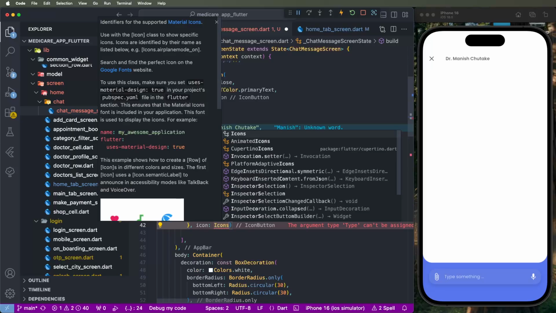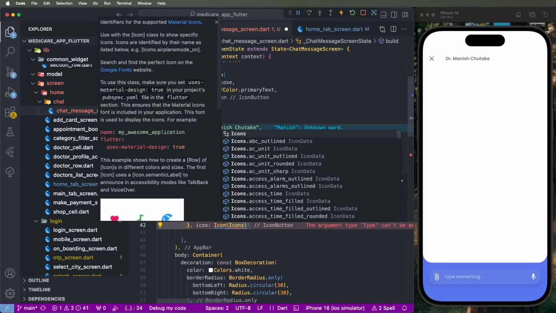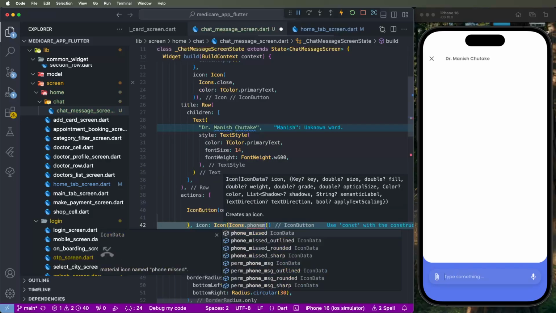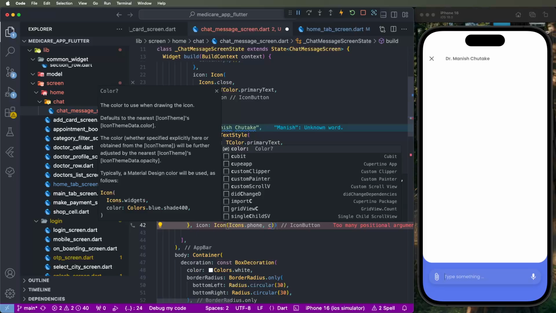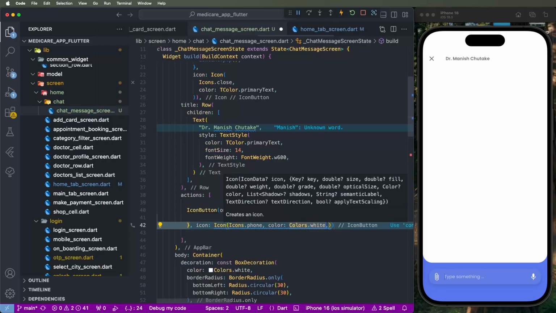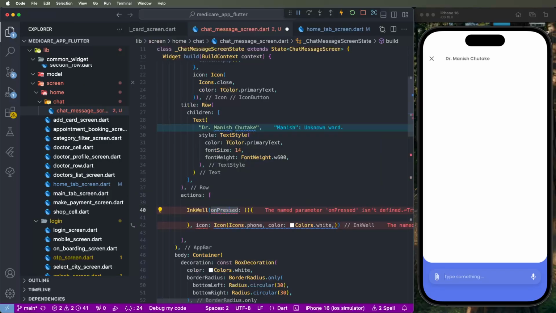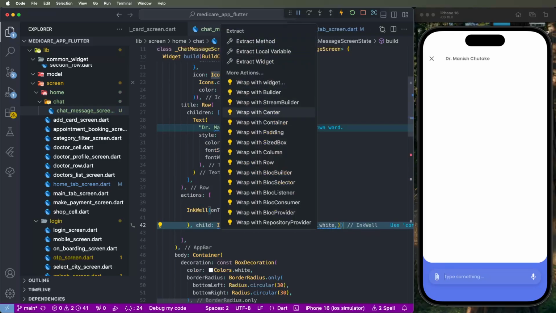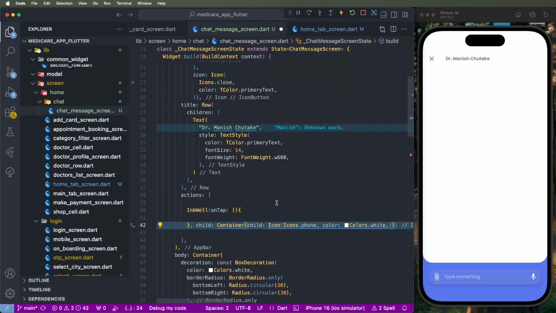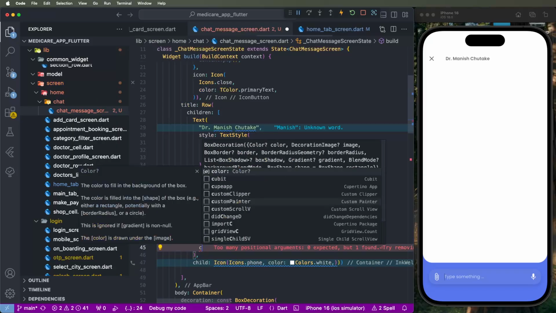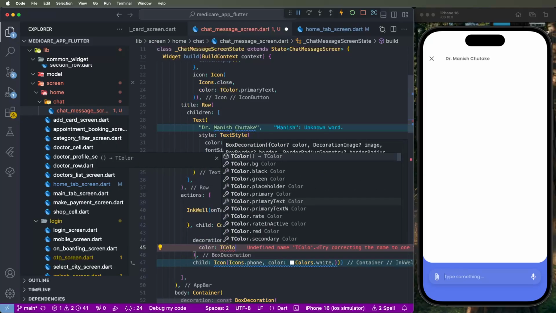set here icon dot on, set here color white, and maybe you need to change ink well on tab event. Need to set here the child, and also wrap with here the containers, decorations, box decorations, create here color, red,